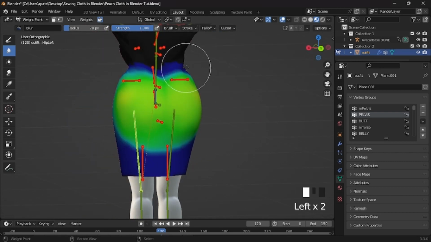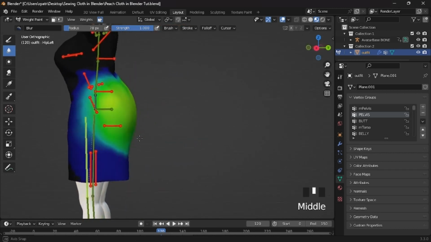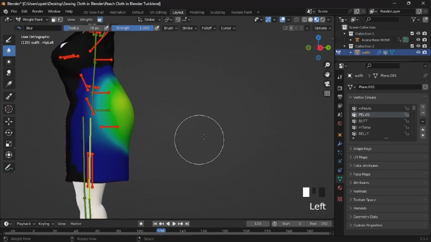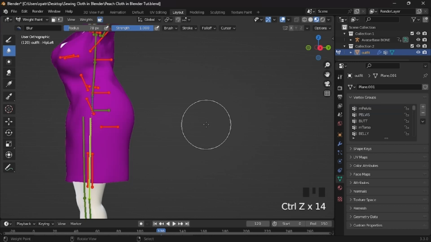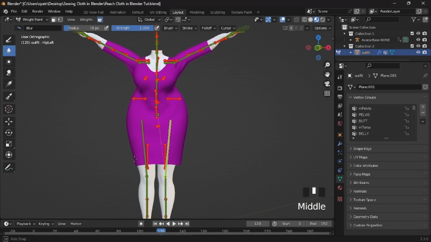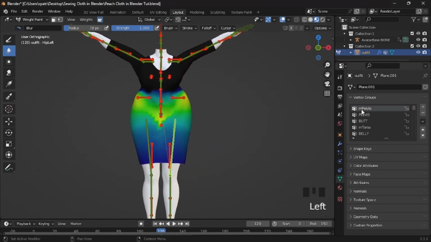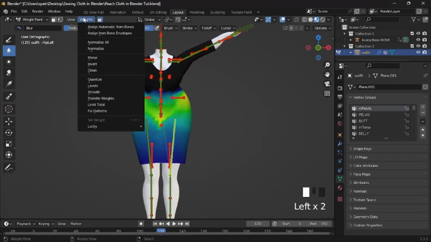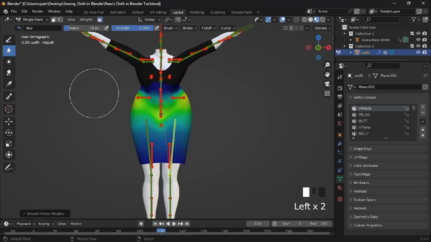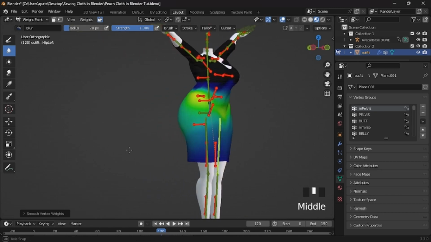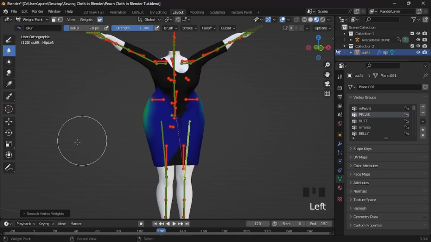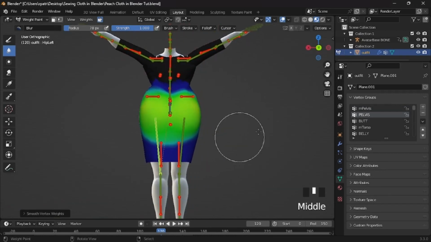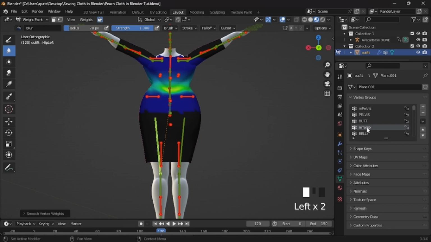So we want to do the easy way. So I'm going to Control Z out of this again. I'm going to go back. Okay, there you go. And see pelvis. I'm going to go weights, smooth. And it smoothed it out for me. And if you go to pelvis too, it smoothed it out. Butt, torso,